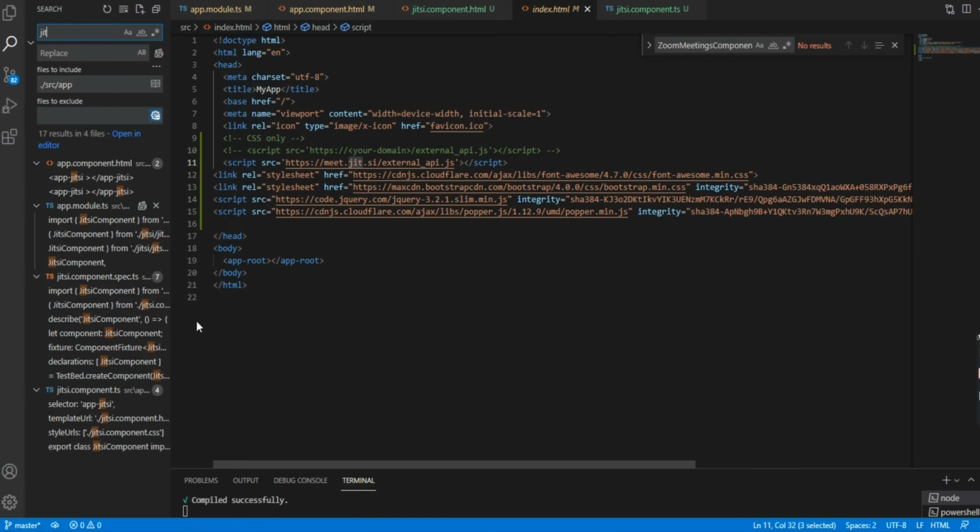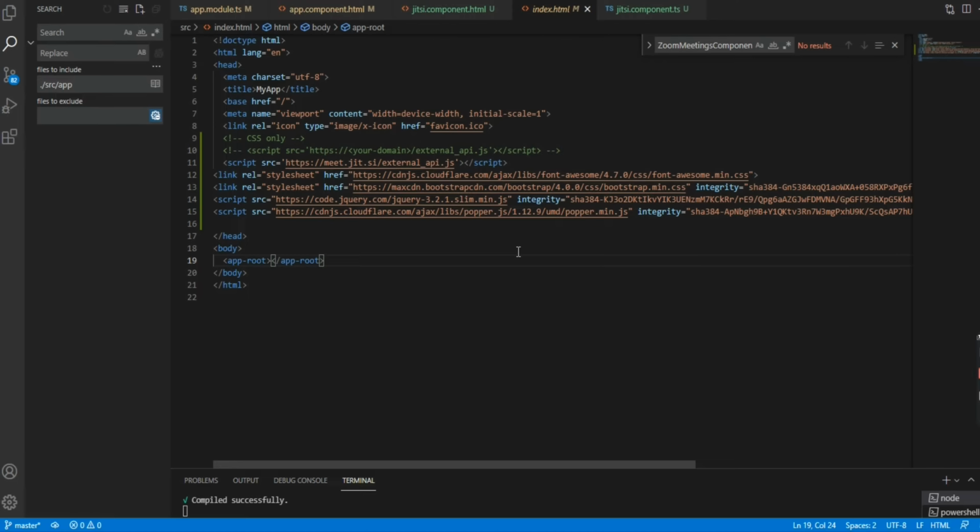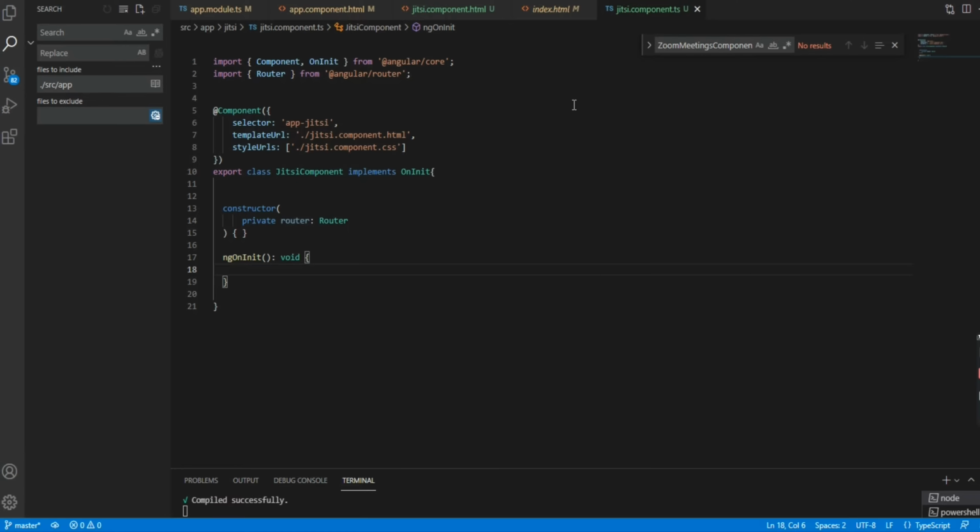Okay, first thing you need to do is integrate this in the index.html page: http://meet.jit.si. This is the thing which you need to integrate.